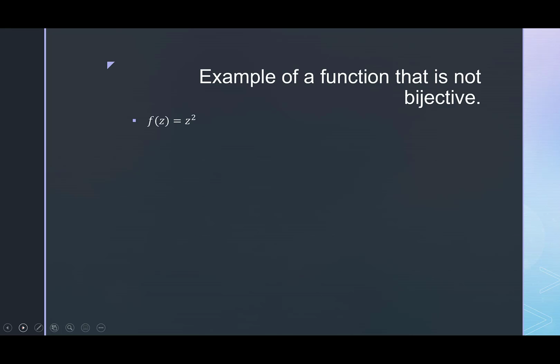Let's look at f of z equals z squared. So this is still not bijective, but what is actually kind of surprising with this function is that it's surjective. Whereas when we remember our f of x equal to x squared, our parabola, it was not surjective onto all of R. But this actually turns out to be a surjective function. So let's go ahead and prove that.